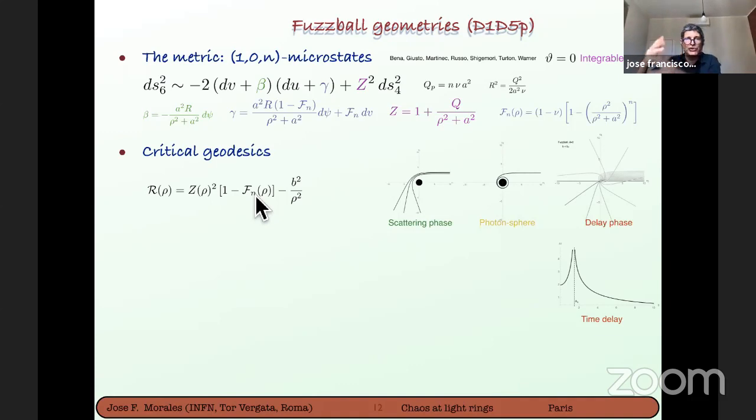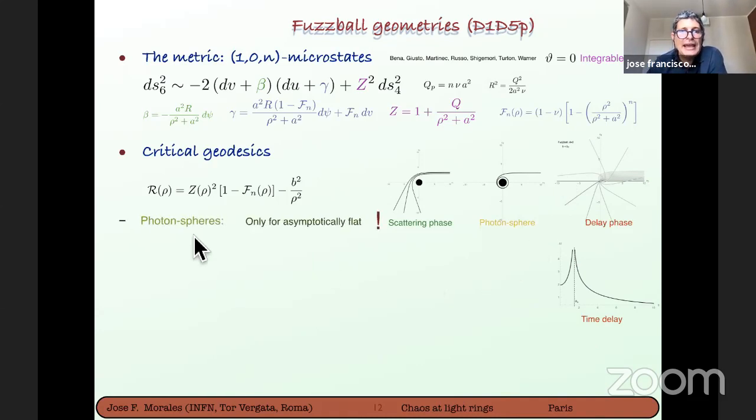N can be 1, 2, 3, 4, are the modes that Daniel described yesterday. These are solutions with single modes. We are restricting to the simplest case of fastball solution. What happened to the geodesics I already anticipated. It's very similar to a black hole outside of the photosphere. Inside, the geodesics get trapped for a long time inside the fastball and then escape sometime.